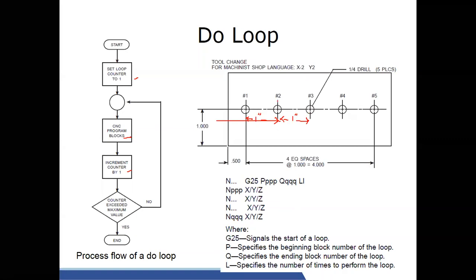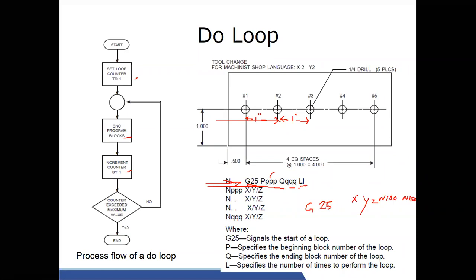Now you can use this loop. G25 is referring to a cycle, n number of times you can use. So here the syntax is G25. You can give x and y coordinate values. If required, z also you can give. And P is referring to the starting block. Say I can write N100. This is the ending block, N150. Means block number 100 to block number 150 will be executed.